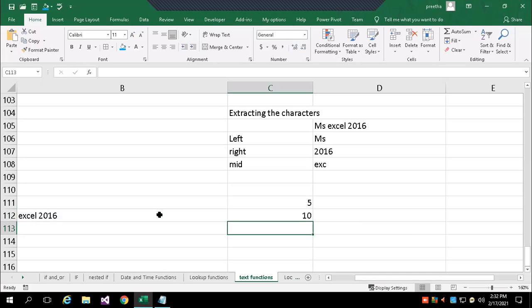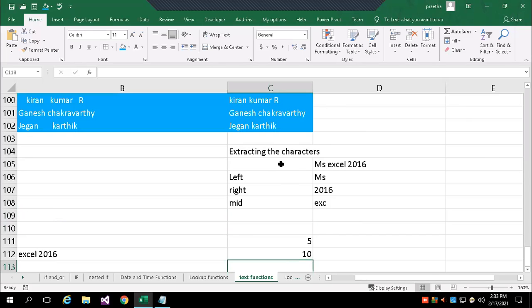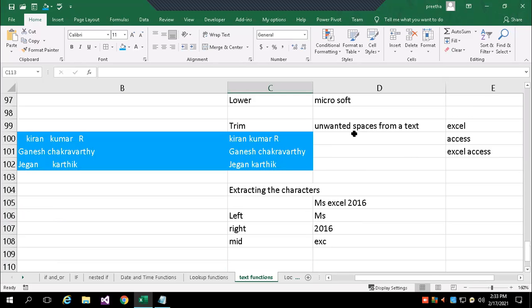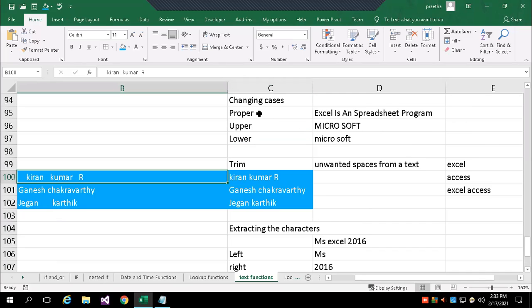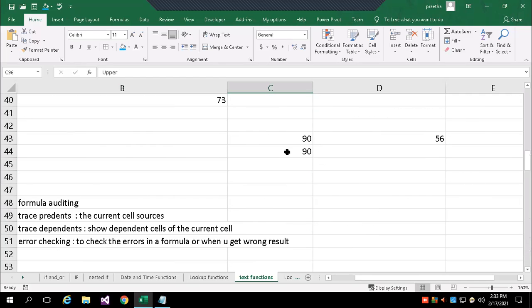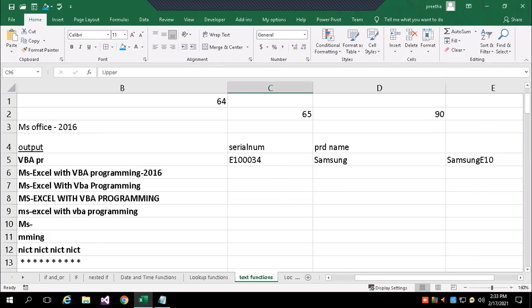So totally 10 characters are there. So that is the length function. Before, we have seen how to extract: left, right, and mid. We have seen how to eliminate unwanted spaces from text, and how to convert to capital letter, small letter, and proper case. Like this, you can see in my list, there are some functions.